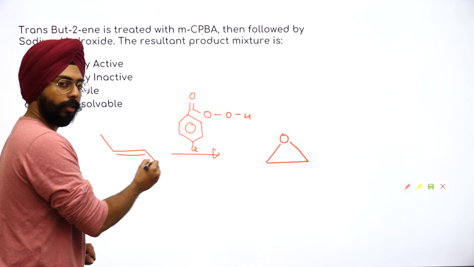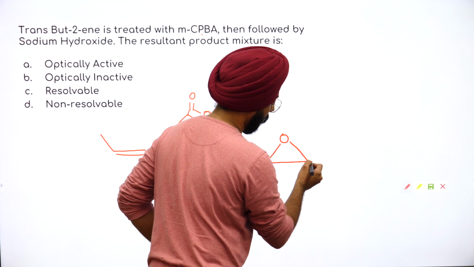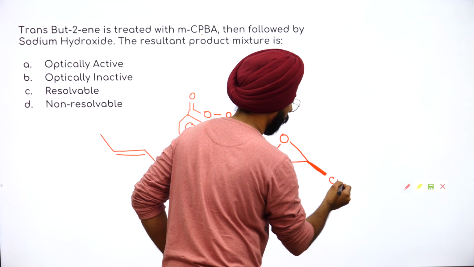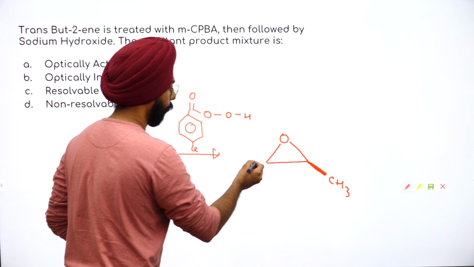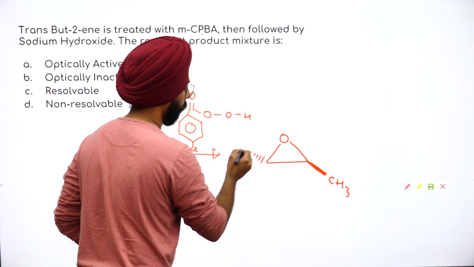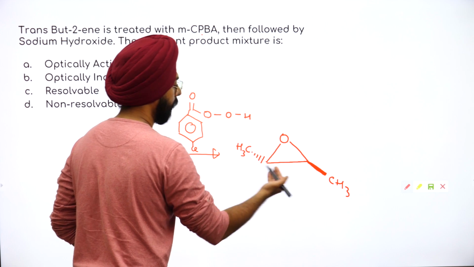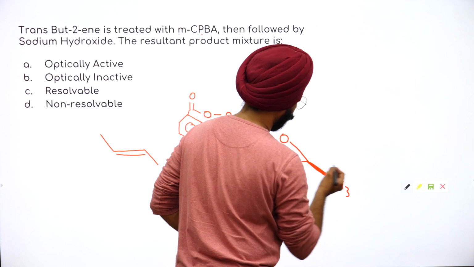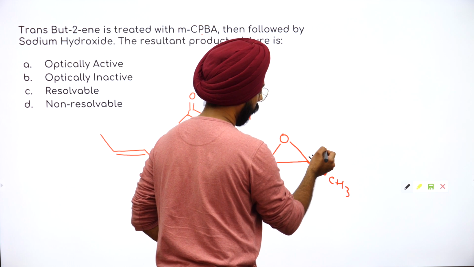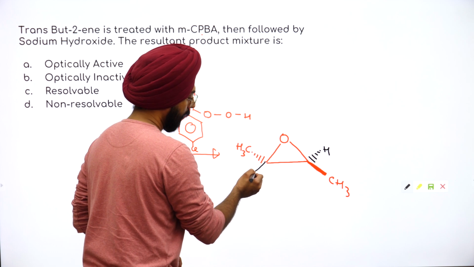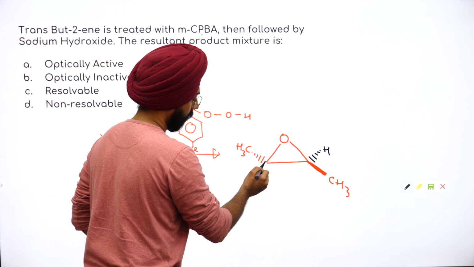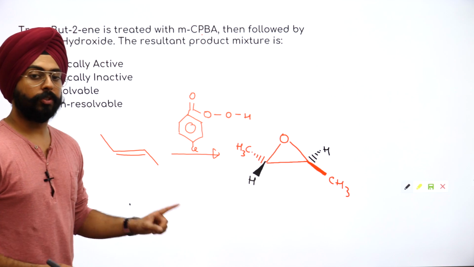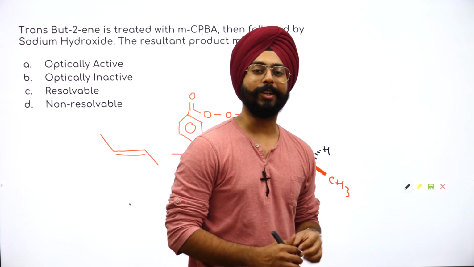Now there is one CH3 over here, one CH3 towards the other side. Let's try to make those. One CH3 is coming towards you and one of the CH3s is going away from you. Yeah, dash going in the other direction. And if I have to draw the hydrogens as well, यहाँ पे hydrogen पीछे जा रहा होगा and यहाँ पे hydrogen is coming towards us. Yes, the stereochemistry is important because the reaction is all about stereochemistry.